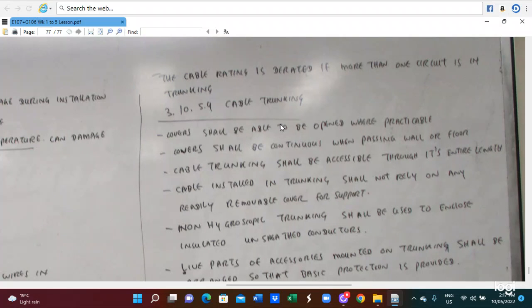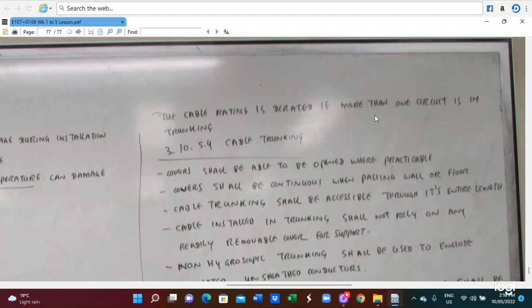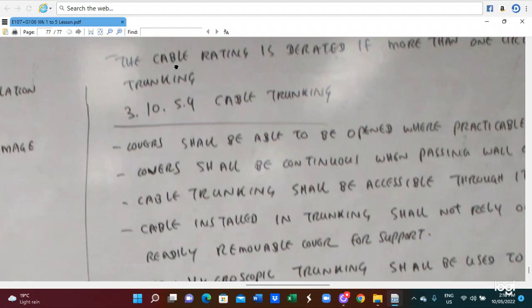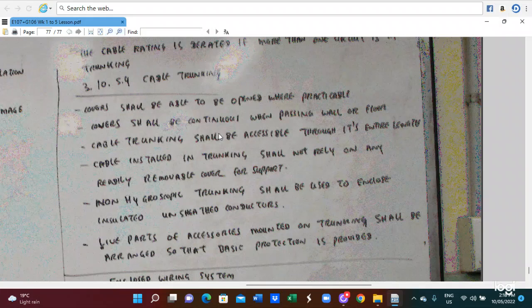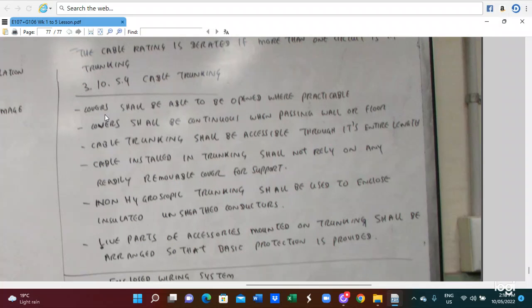Also, the cables are rating. Cable rating is derated if more than one circuit is in trunking. So in this case, we follow the clause 3.10.59 cable trunking method. The cover